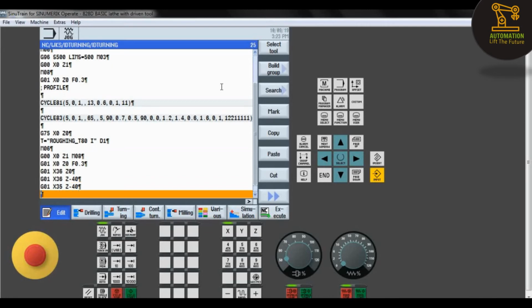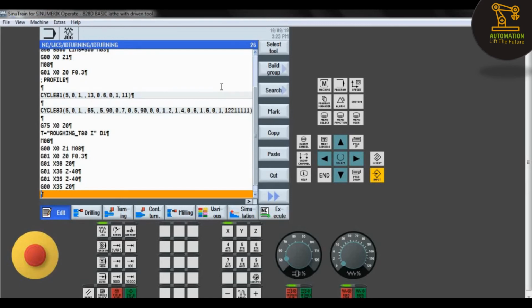After retraction, the tool is not in contact with the workpiece, so we can go in the rapid motion, so G00, X35 and Z0. After that, G01, X is 37, I was taking another 1 mm, so Z0.